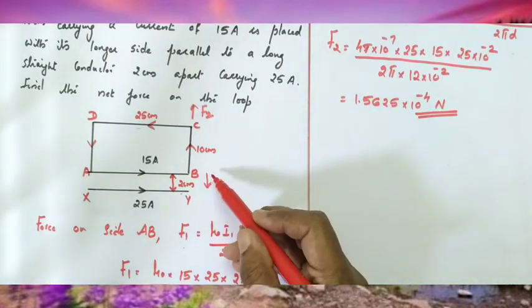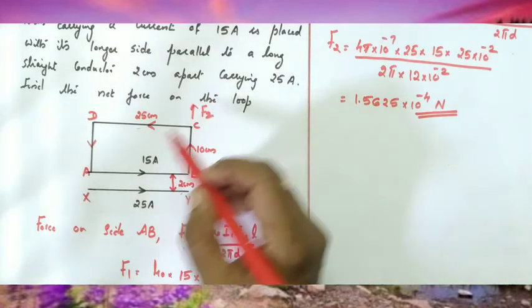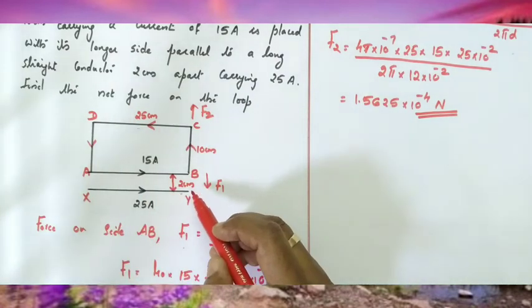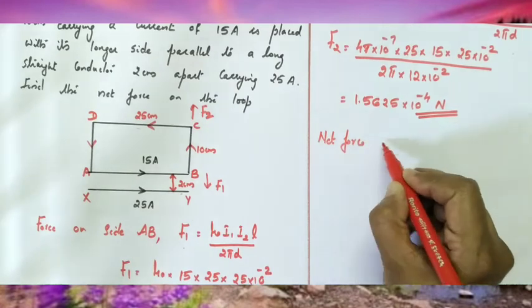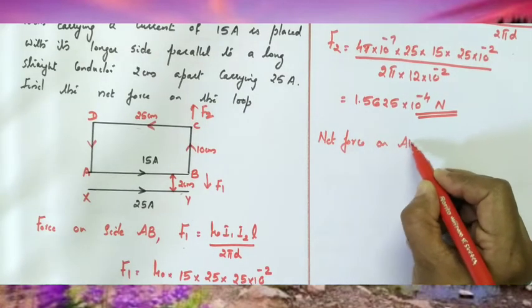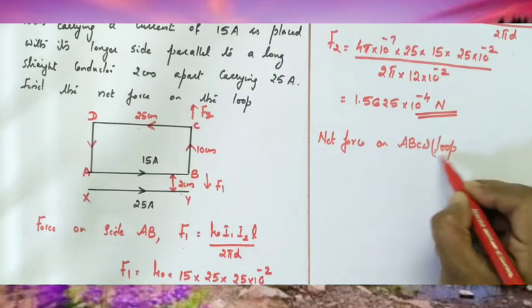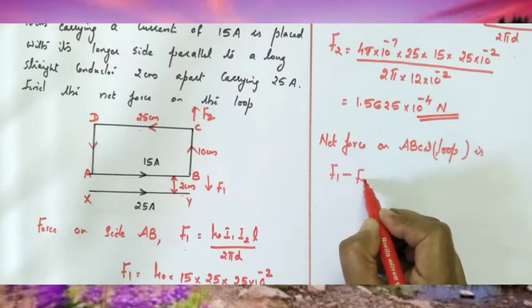So F1 is towards one direction and F2 is in the other direction. So what is the net force acting on the side ABCD? We can subtract, isn't it? So net force on ABCD, or the loop, net force on the loop is given by F1 minus F2, since they are in